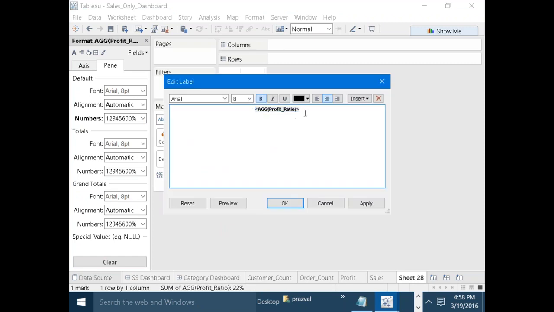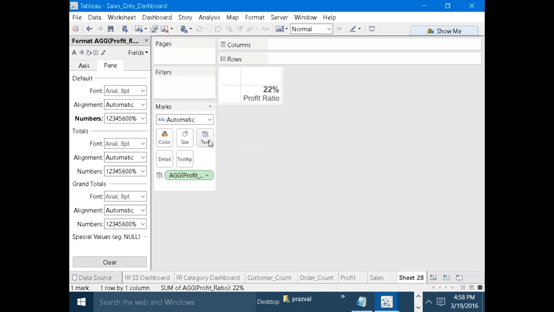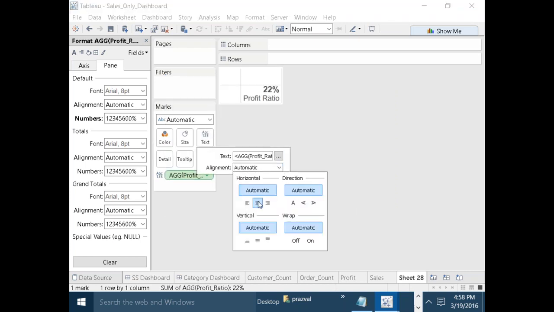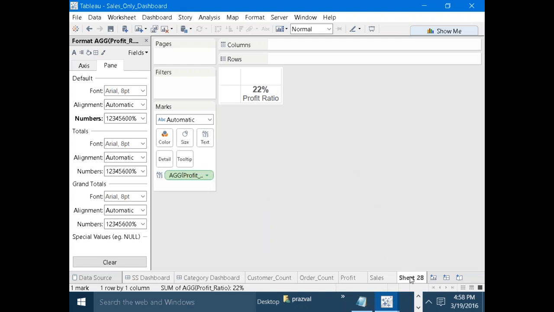Just bold it. Profit ratio. So let me unbold it. Go to text, alignment, set as center. Rename it as profit ratio. And